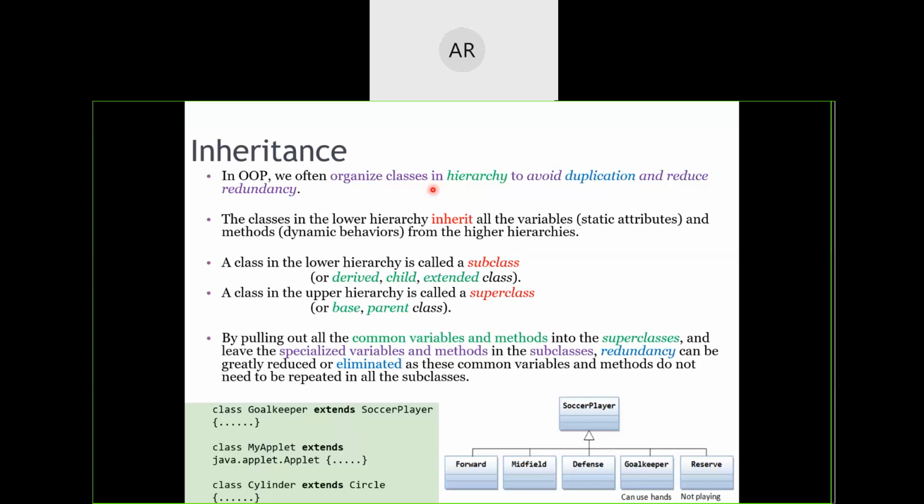Okay. Now, why do we have this particular thing? The reason is, suppose you have already written a piece of code in class A and you want to make use of it in class B also. There are two options for you. Either you can rewrite that piece of code separately in class B altogether. Second option is you just link class A and class B, telling the compiler that if you need that functionality in class B, go and refer to class A, which is actually inheritance for us.